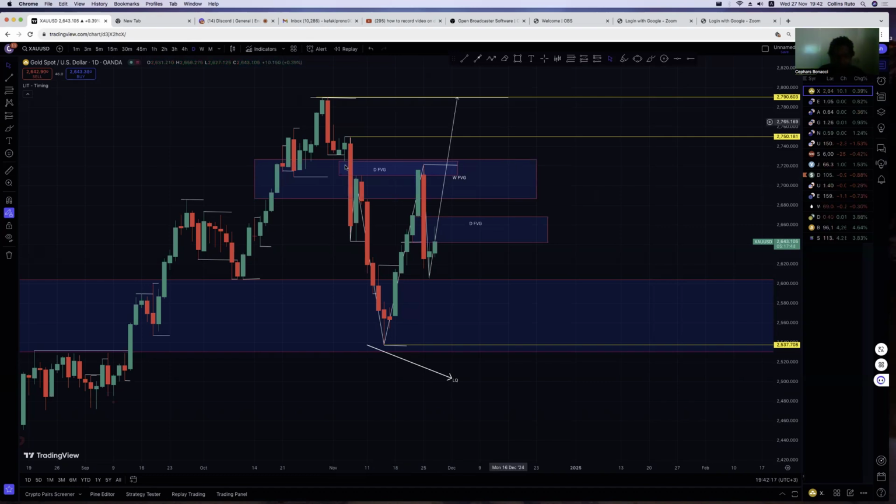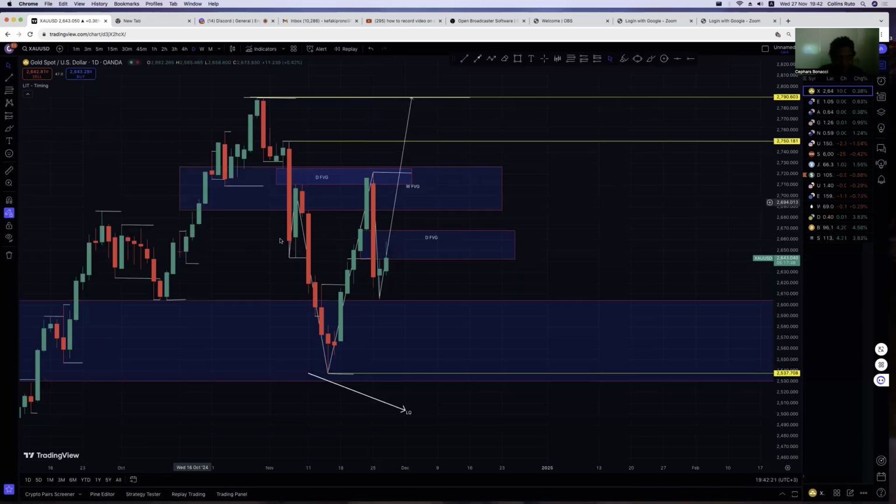For example, as you can see in this gold chart, I was really curious to see ilikuja. Let me delete this really quick. Ilikuja kutoka hapa juu ikakuja hadi chini ikatap the monthly imbalance. After tapping the monthly imbalance,